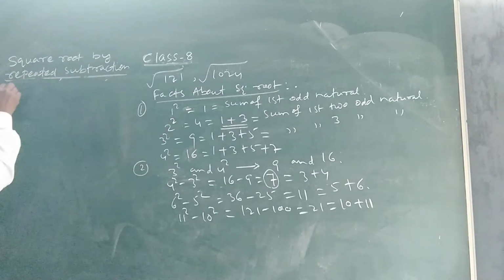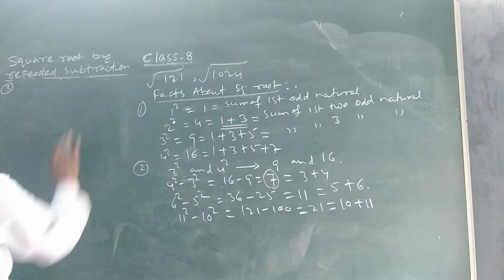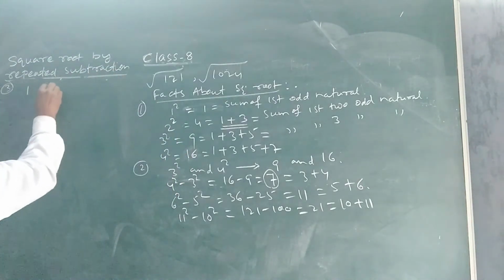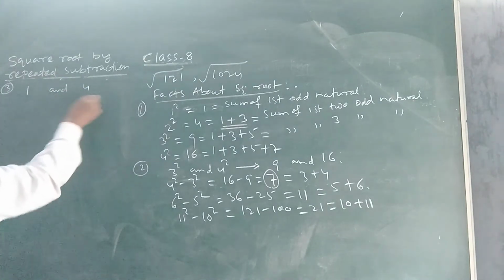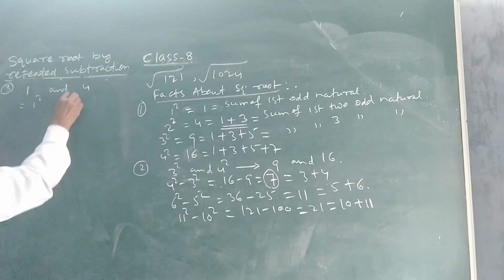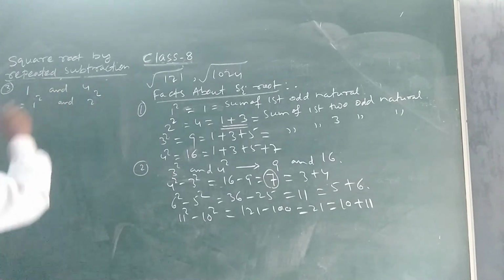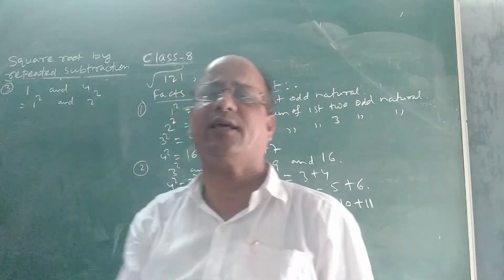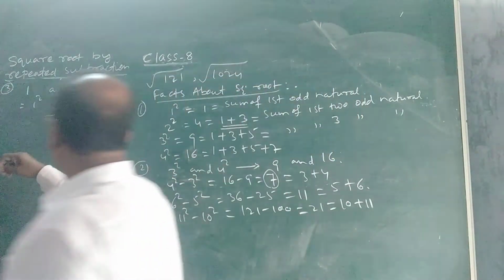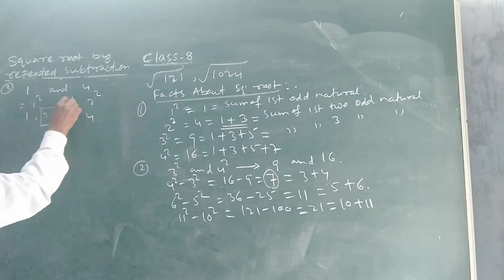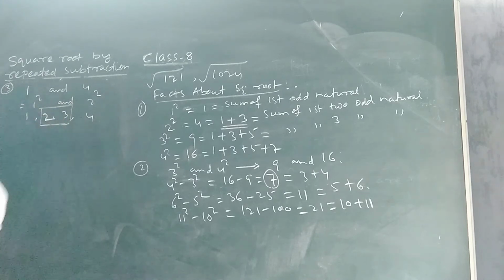Now we will discuss the last one. Between two perfect squares, suppose you are given 1 and 4. 1 and 4 are two perfect squares. Okay. 1 we can write as 1 square, and 4 as 2 square. If I ask you between 1 and 4 how many non-square numbers or non-perfect squares are there, you can easily write 1, 2, 3, 4. You see, there are two non-perfect square numbers. You could easily write. Okay.